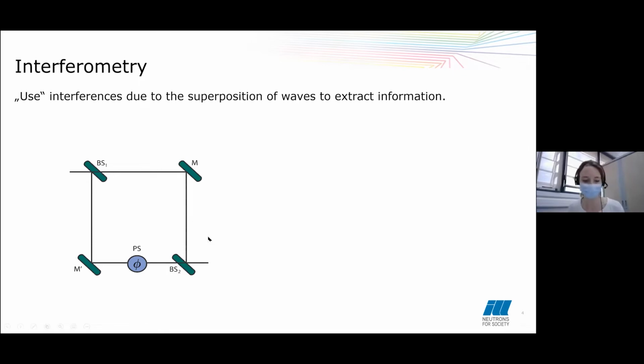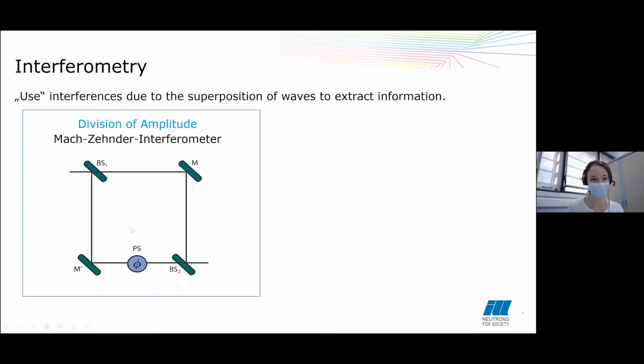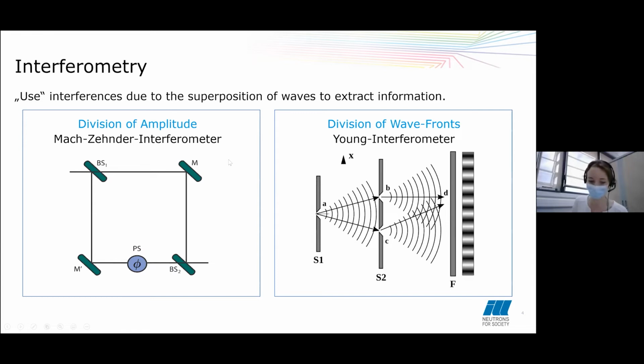And then the squared magnitude of the summed amplitudes produces a modulated intensity pattern that is characteristic for the phase shift introduced here. The picture I now used for the explanation is the Mach-Zehnder type interferometer, and it's based on the division of amplitudes as shown in the picture. Another type of interferometer that you may know is the Young type interferometer, and it's based on the division of